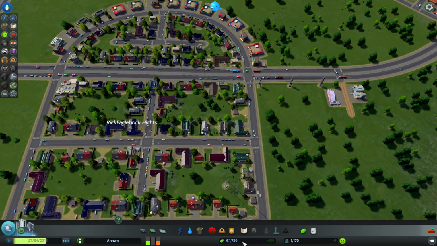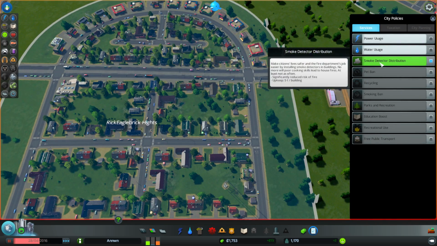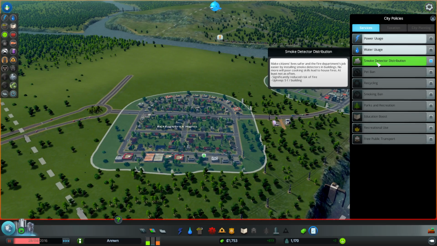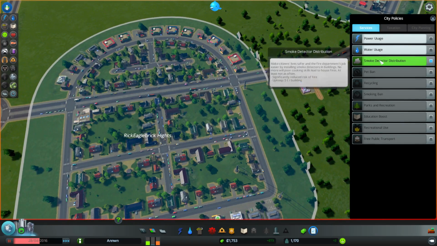But wow, we're struggling with money. We are really struggling. Let's have a look. What is the largest cost? Is the weekly policies expenses easily the biggest thing that we're spending on right now? As much as I want the smoke detector distribution, I'm starting to think that perhaps it's just too much of a cost. We've got a fire brigade, but